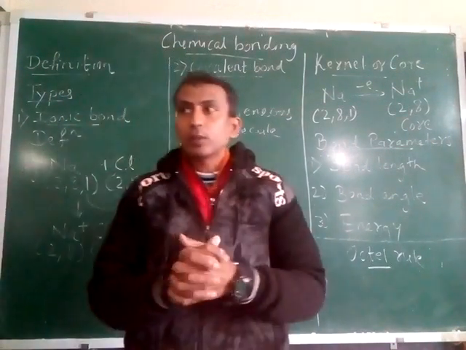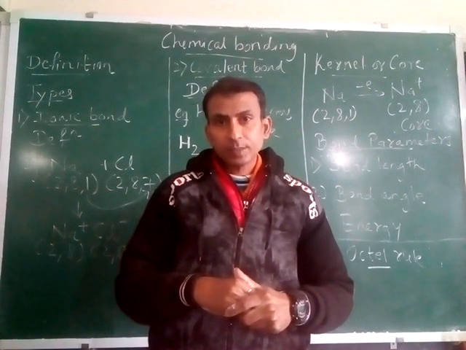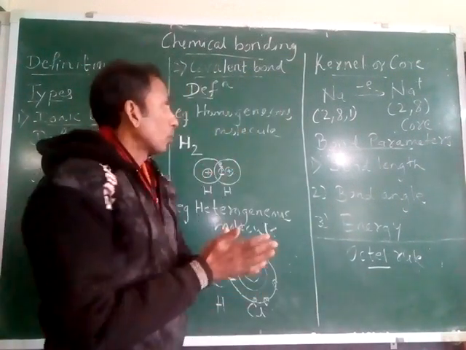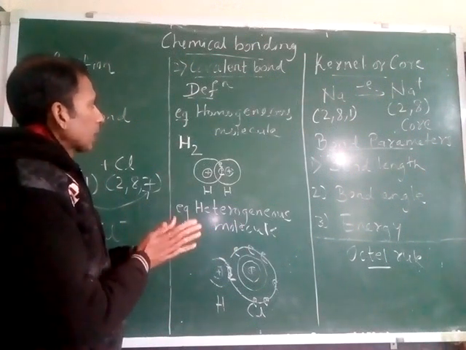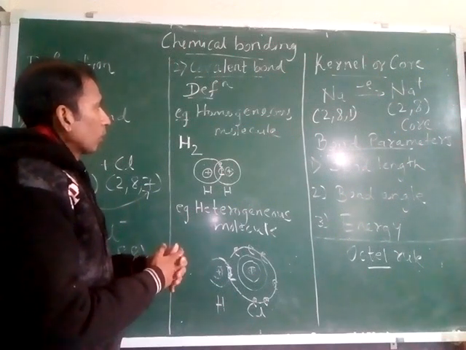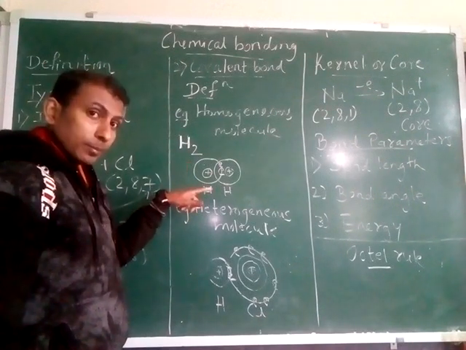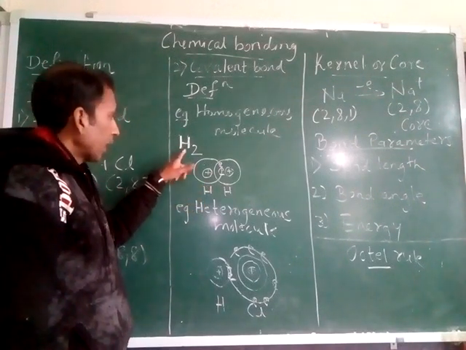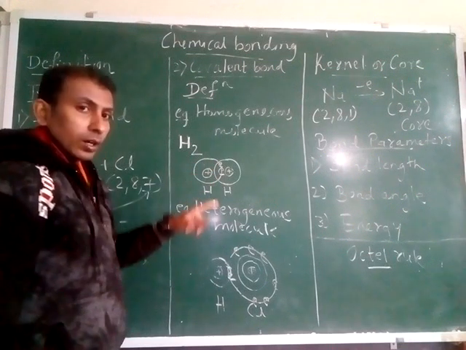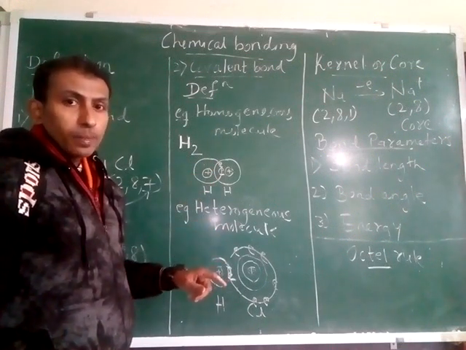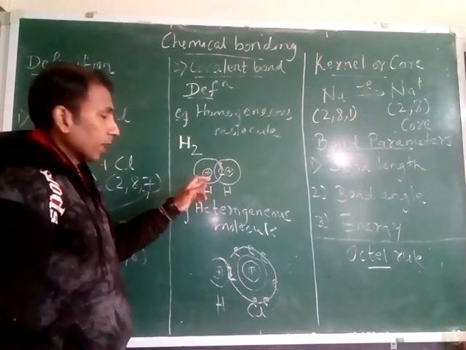So what is the definition of covalent bond? The bond which is formed by sharing of electrons between the atoms in a molecule is called covalent bond. That is the definition. So in that we have the first example of homogeneous molecule. Okay, homogeneous molecule H2. Homogeneous means in the molecule both the atoms will be same. दोनों एटम सेम रहेंगे. दो हाइड्रोजन है ना यहाँ पे, one hydrogen and second hydrogen here. So electronic configuration of hydrogen you know, 1s1, that means one electron in the first orbit, and second hydrogen also one electron in the first orbit.